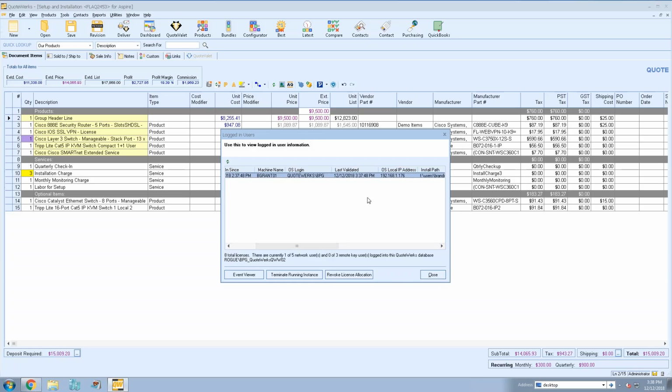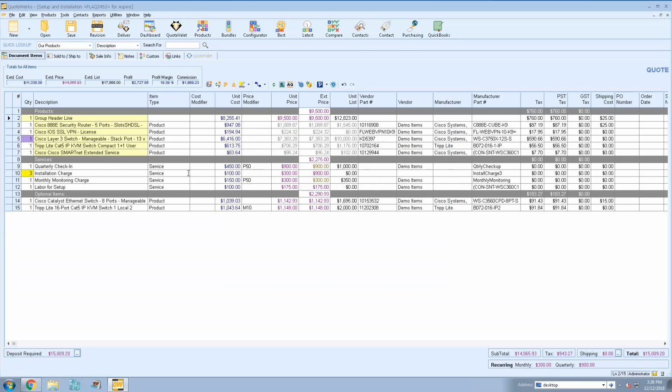Yeah, so we can actually see the last time the Quote Valet license was validated. It was just a minute ago when I opened up my inbox, so you can see that. We're also going to show you that information in Quote Valet Insight, which I think is a little bit more